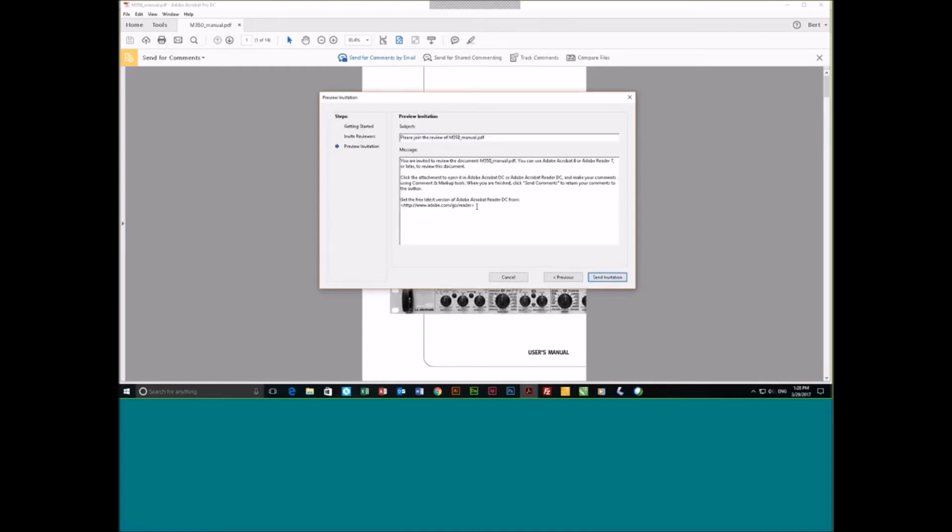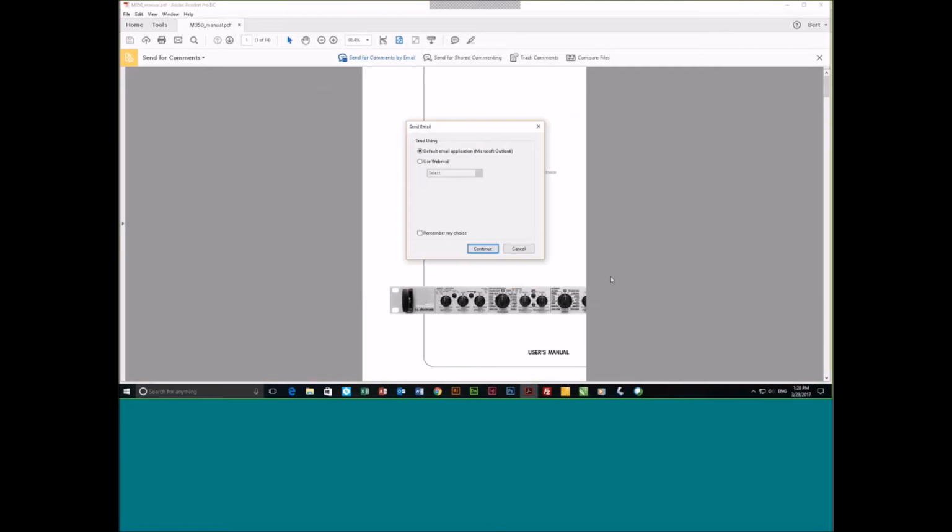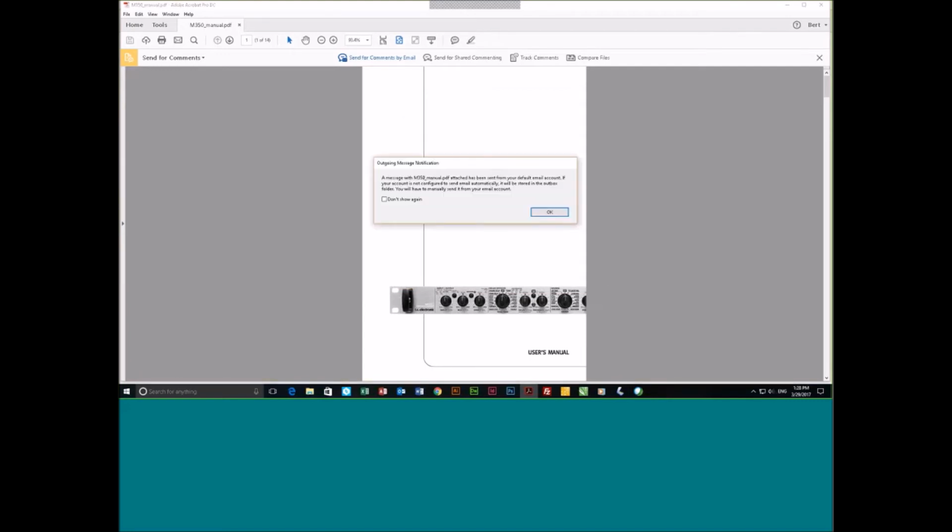And of course, when you're sending something to someone, it has a subject line, and it has kind of a boilerplate one. It says, please join the review of the name of your PDF, and you're invited to review this document. Of course, you can edit this message and put your own unique invitation in there. When you're finished, just click Send Invitation, and it's going to send it out through Outlook. And I click the Continue button,